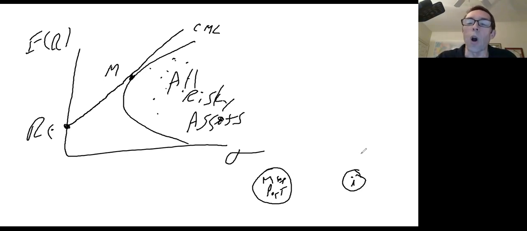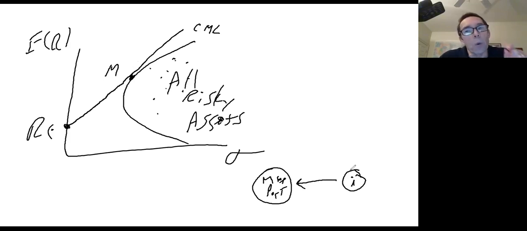And let's suppose it's a brand new stock that has come out. Nobody is going to own asset I by itself. Nobody's going to just go out and buy asset I and say, that's the only thing that I own. No, because everybody holds the market portfolio, a combination of all the risky assets, that and the risk-free asset. So what is of interest to us is not the level of risk in asset I, but how it affects the risk of the market portfolio, because everybody's going to hold some of asset I as part of the market